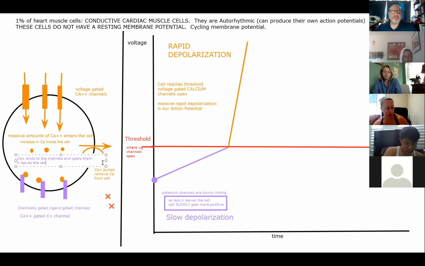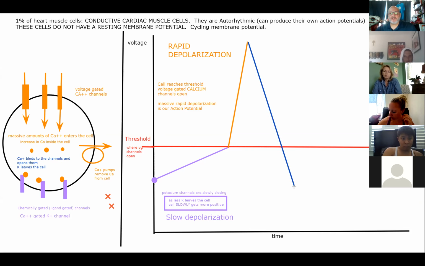And when potassium leaves the cell, what happens to the cell? Repolarizes. Yeah, it gets more negative, absolutely. And so that is exactly what is going to happen. What is going to happen is that calcium is going to bind to the potassium channels. And as the calcium binds to the potassium channels,